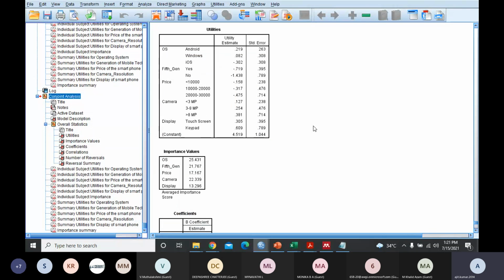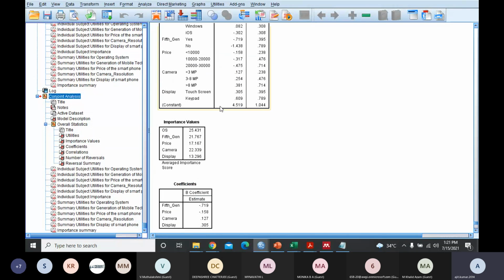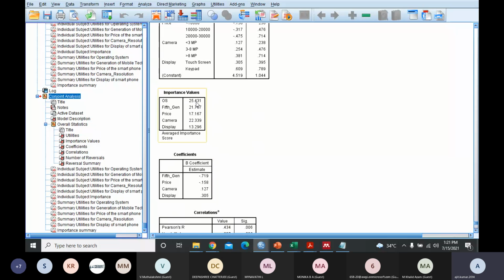Now there is certain other information also, like the importance value. Out of these 5 different factors, which is the most important? You see here, operating system is the most important factor, followed by camera, followed by mobile technology of 5th generation, then price, and lastly display.